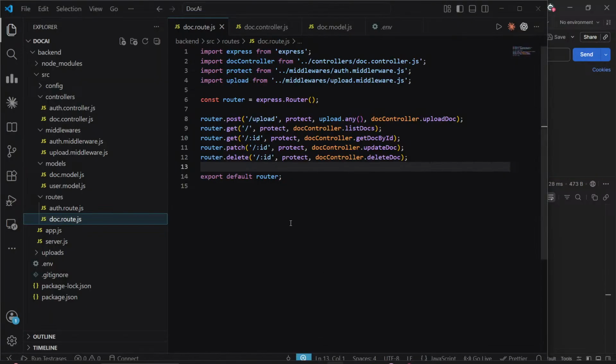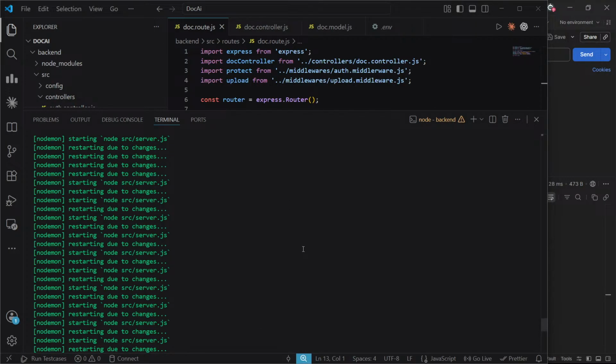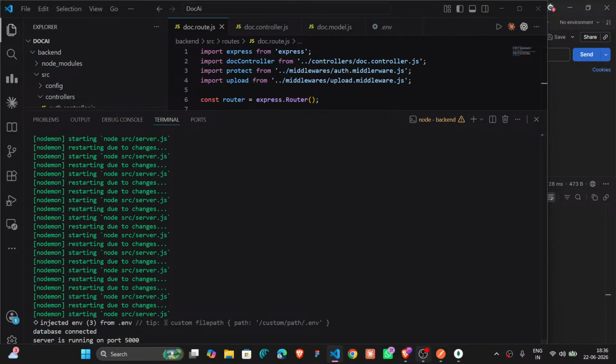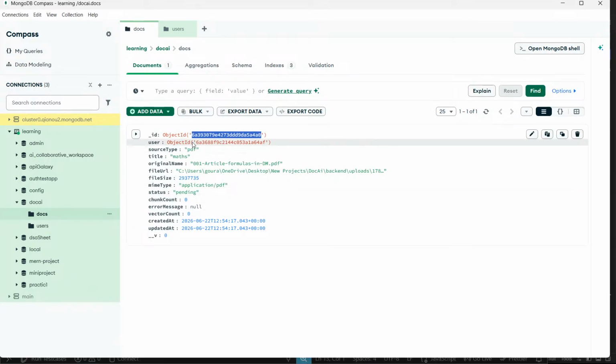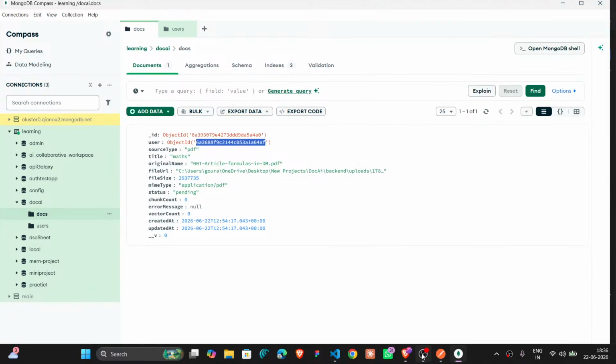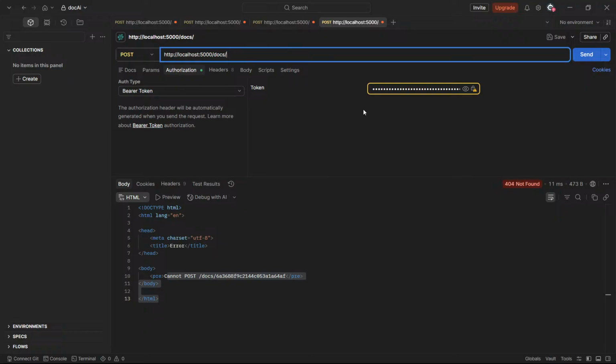Okay, LangChain. Maybe we have to paste user ID, I think. No, but we're taking ID, it's not user ID. I don't know. Okay, let's see once.